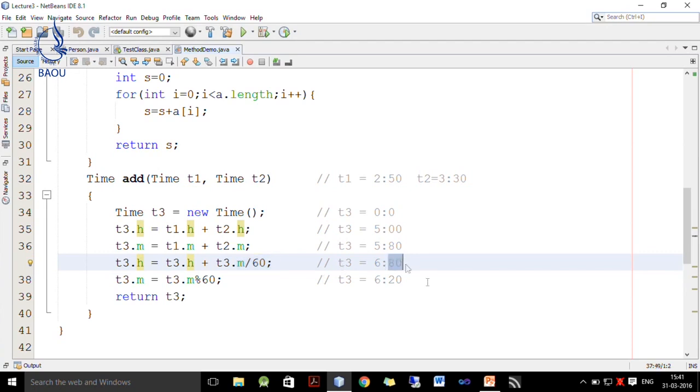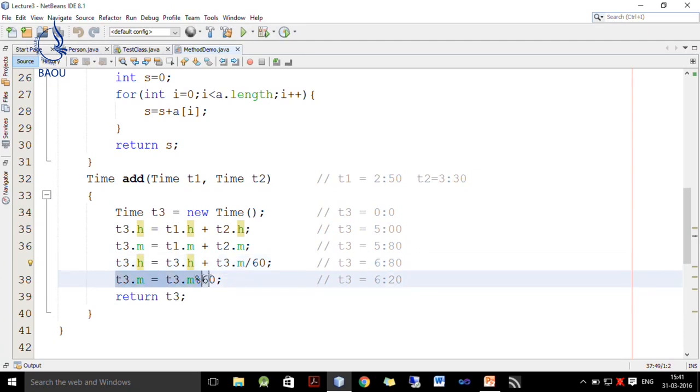But here now I want to subtract 60 from these 80. So, how to do that? I write T3.m is equal to T3.m modulo 60. That means, above 60 we have to take, not the entire 80.